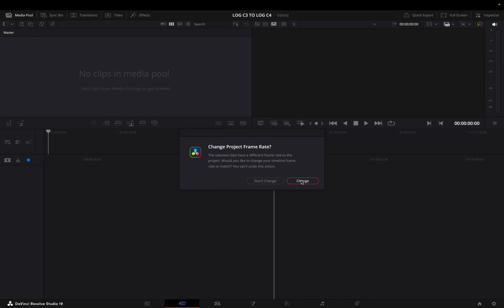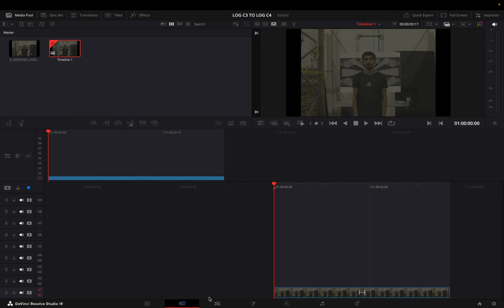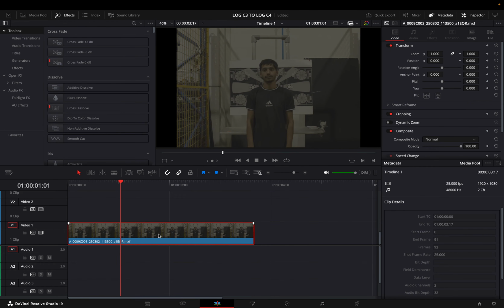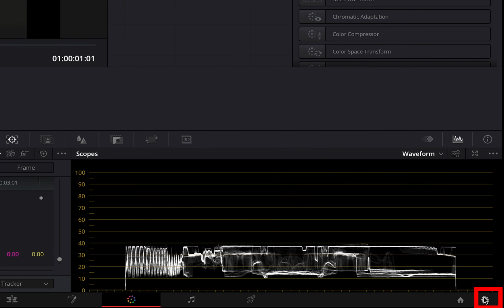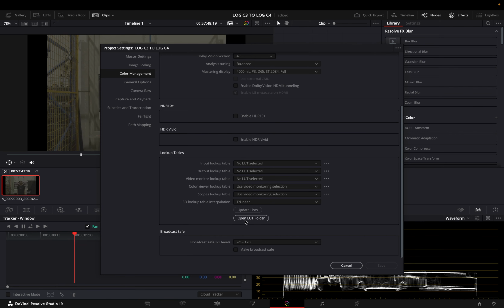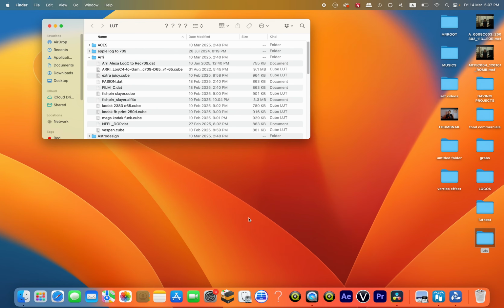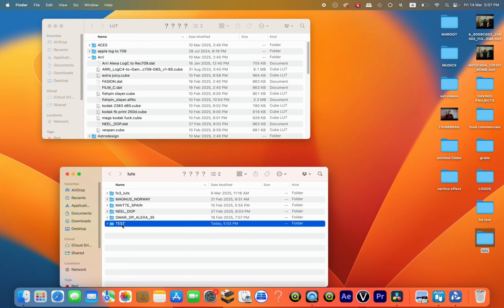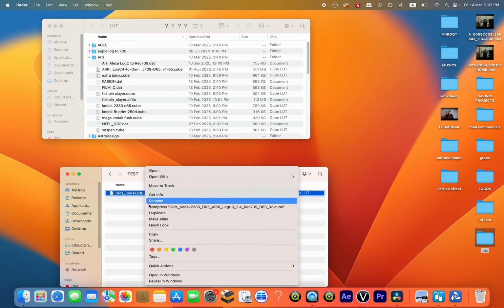And it is in LogC4, change, and I will import it here. Now I need to apply the LUT which we converted from .aml to .cube. So I will come into color page, and then here in color management, what I'll have to do is I will open the LUT folder. There you go, it's being opened, and at the same time I will open the other LUTs which I just converted, which is here, and I will just copy it from here